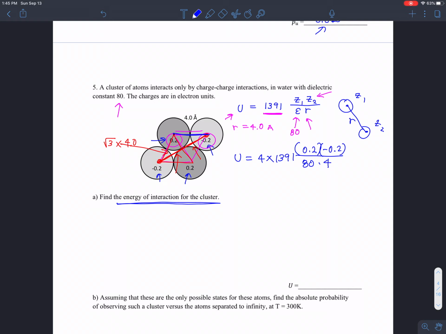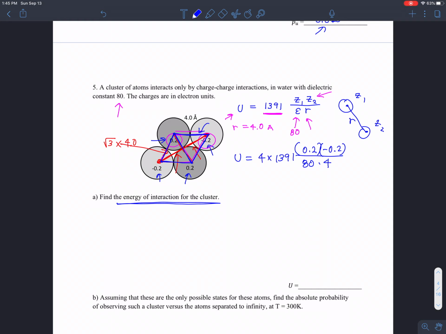Let me be a little bit more careful. So that's that pair, plus this pair, which is the same thing, so now there's 2 of them, plus this pair, which is also the same thing, so now there's 3 of them, plus this pair, which is also the same thing, so now there's 4 of those,